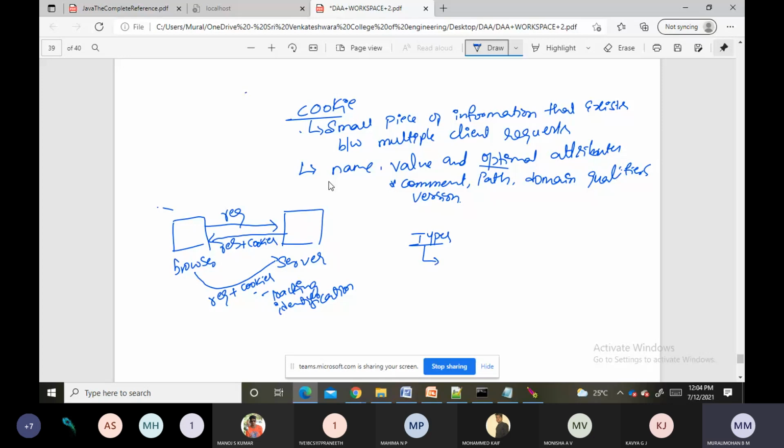First one, non-persistent cookies. Just observe here.